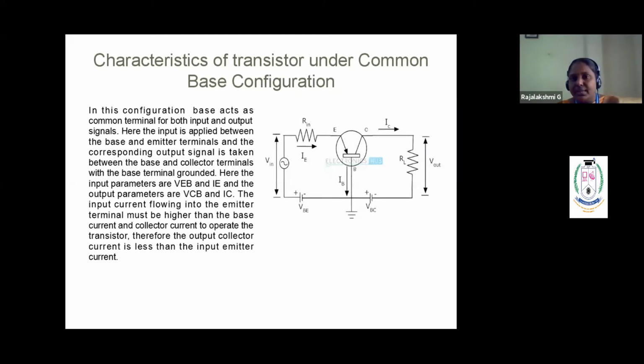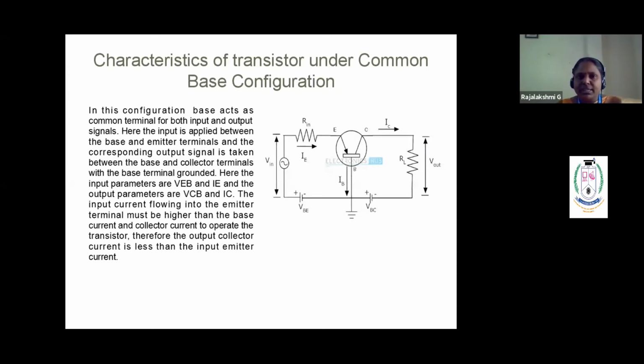So from this we can learn one more thing. What is the type of the transistor? PNP type is shown here. So emitter is connected to positive, base is connected to negative, right? So this part is forward biased and VCB, collector to base junction, is reverse biased. So what is that? Base is connected to the positive terminal and collector is connected to the negative terminal. So it is a PNP transistor.